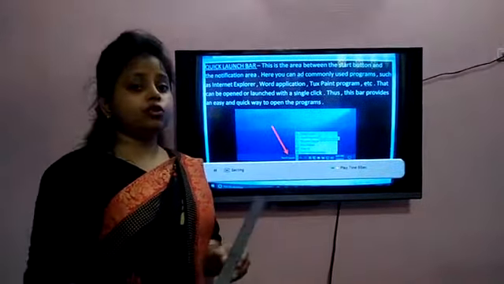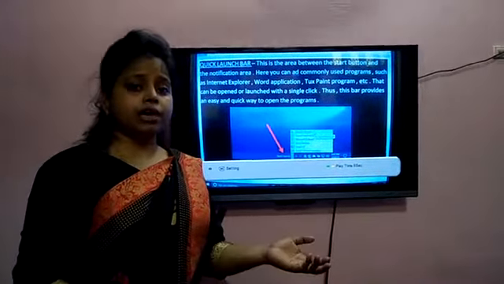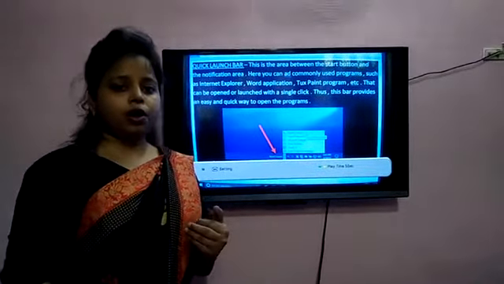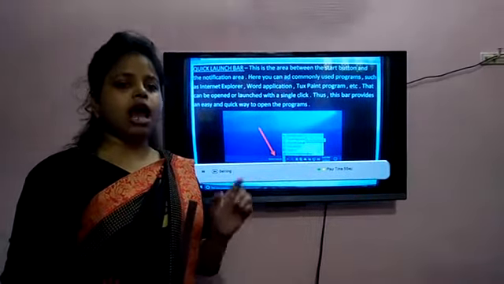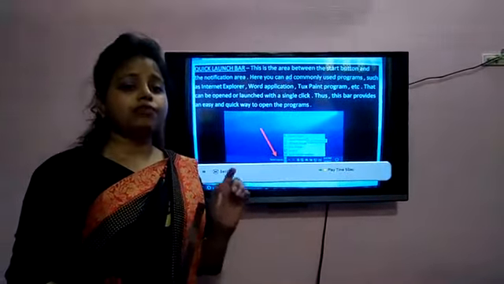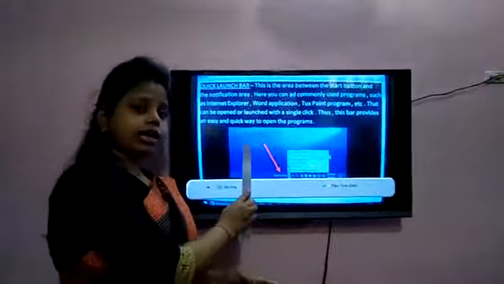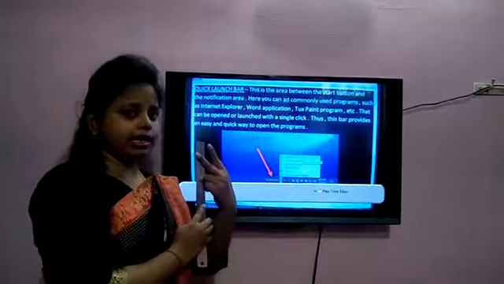Okay students, so here is the reason why we keep our programs in the quick launch bar. When we need to open our program, we have to click on the start button, one click, and again click on our program, second click.